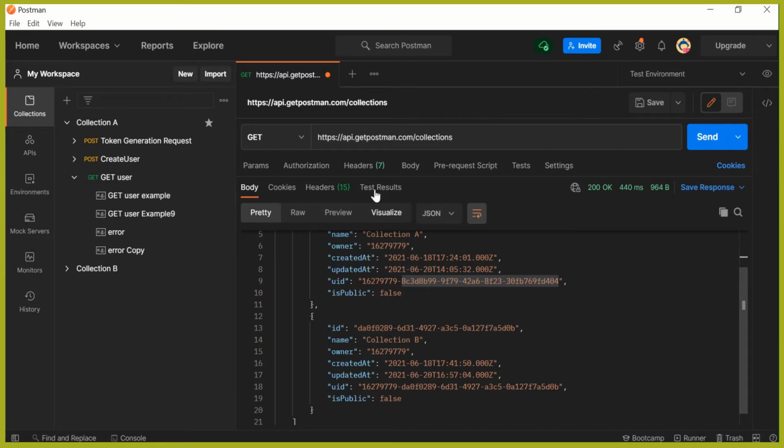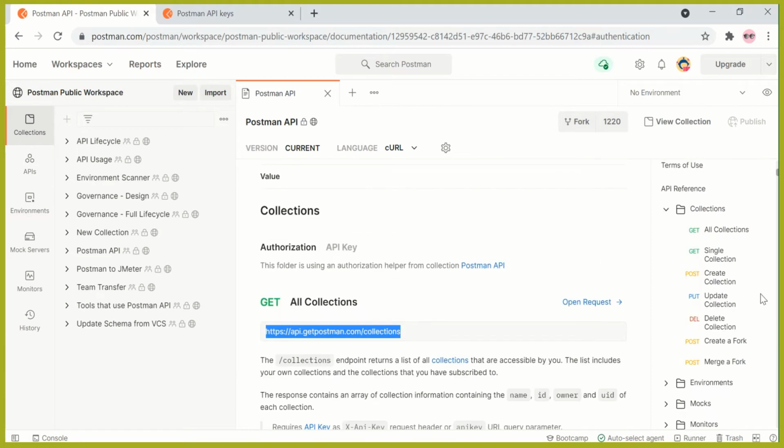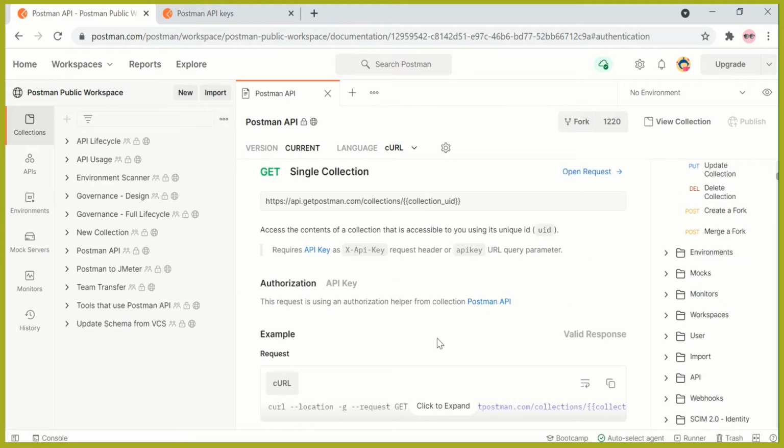So now we also have one more API. Let me go back to that page again. This API was about getting the information of all the collections. In a similar way we can get the information about one particular collection as well, and the URI is the same, with the difference that we also need to provide the collection ID in the request.